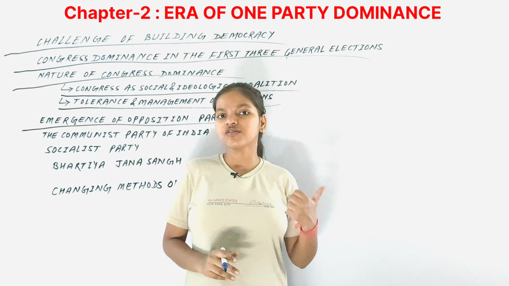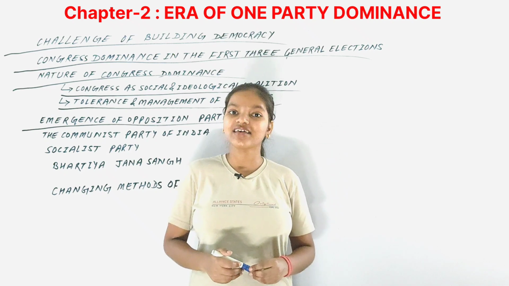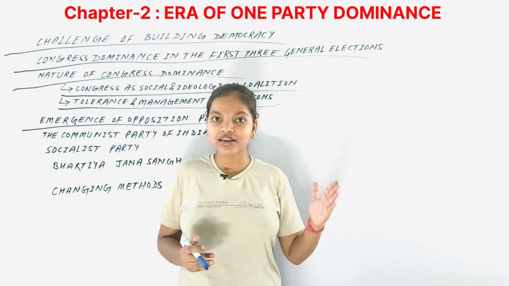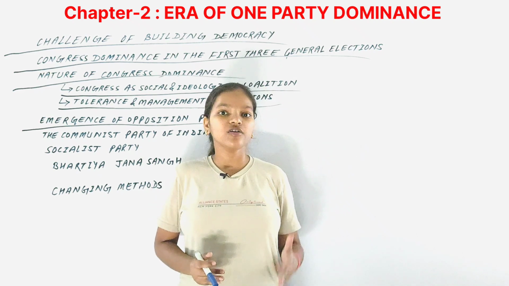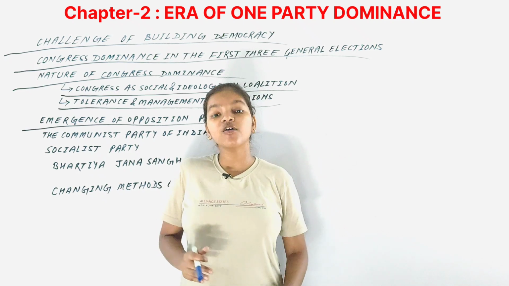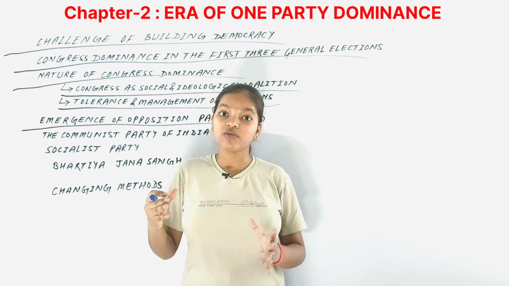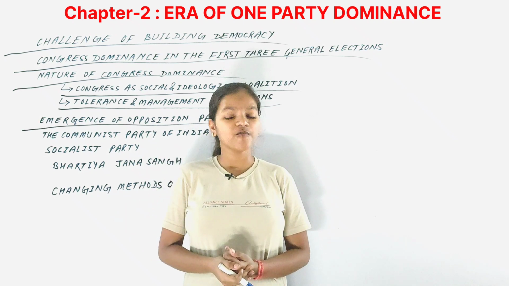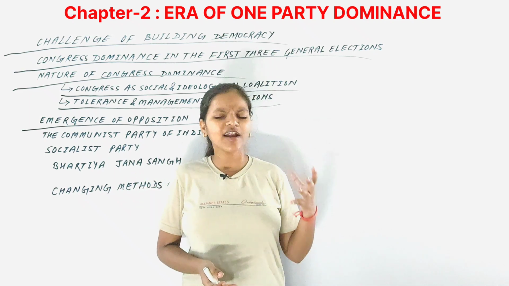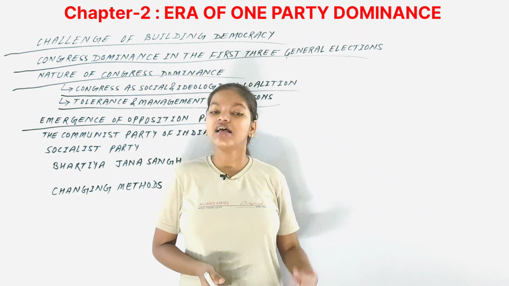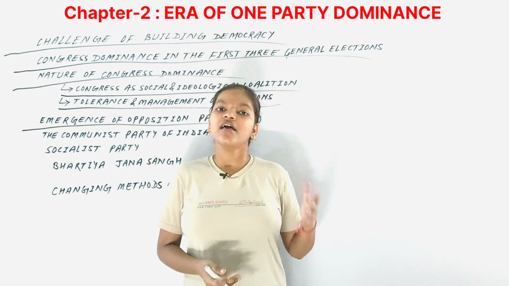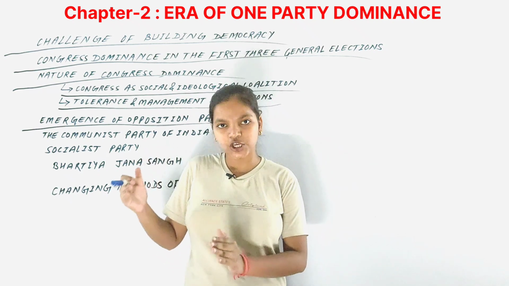And in the early years of the politics of the country, in the first and second general elections, you see that there was a mutual respect between the ruling leaders and the opposing leaders. You see, Jawaharlal Nehru from the ruling party, Indian National Congress, was very fond of the Socialist Party, which was an opposition party. He was also fond of many other opposing leaders, such as Dr. Ambedkar. So we had many such great opposition leaders, such as Dr. B.R. Ambedkar, Shyama Prasad Mukherjee, J.P. Narayan. So we can say that there were many opposition leaders.